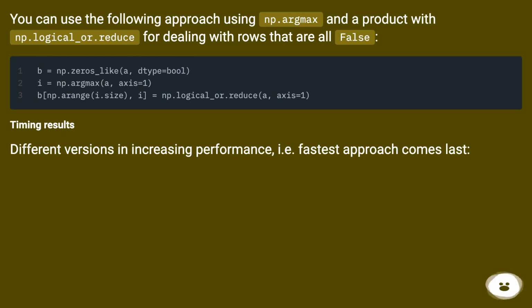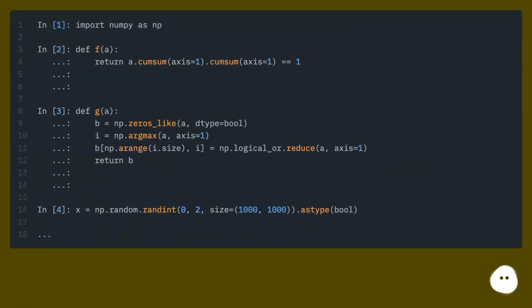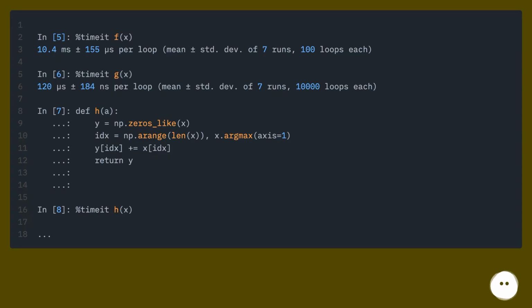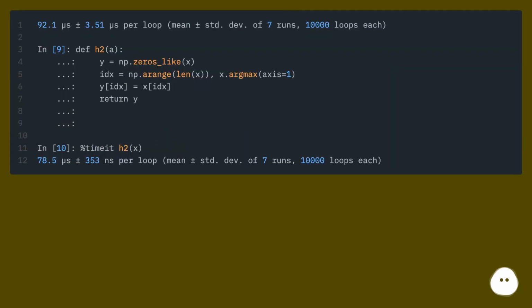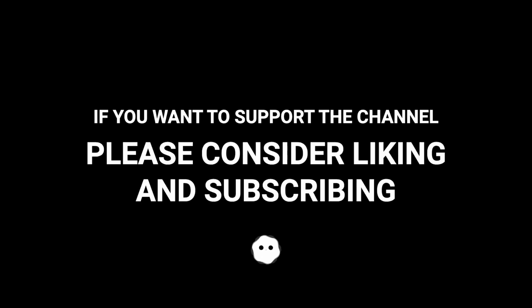Different versions in increasing performance, I to E, fastest approach comes last. If you want to put